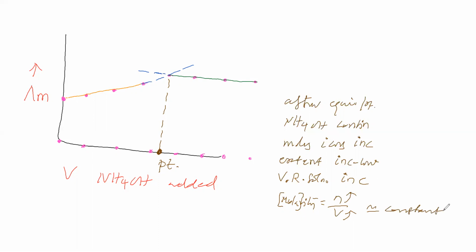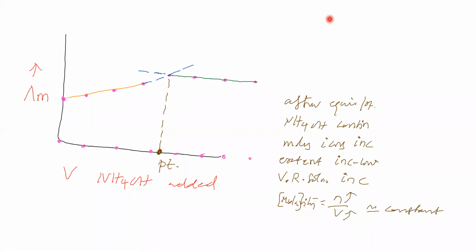Experimentally we are getting a graph like this. Now see, we reached the equivalence point. After reaching the equivalence point, we are adding ammonium hydroxide continuously. Of course, ammonium hydroxide is a weak base. Anyhow, the number of moles of ions will increase, no doubt. But the extent of increase will be low because it is weak. Now see, the volume of the resultant solution also increases because you are adding from the burette, drop by drop. So the volume of the resultant solution also increases. Now molarity we will see.